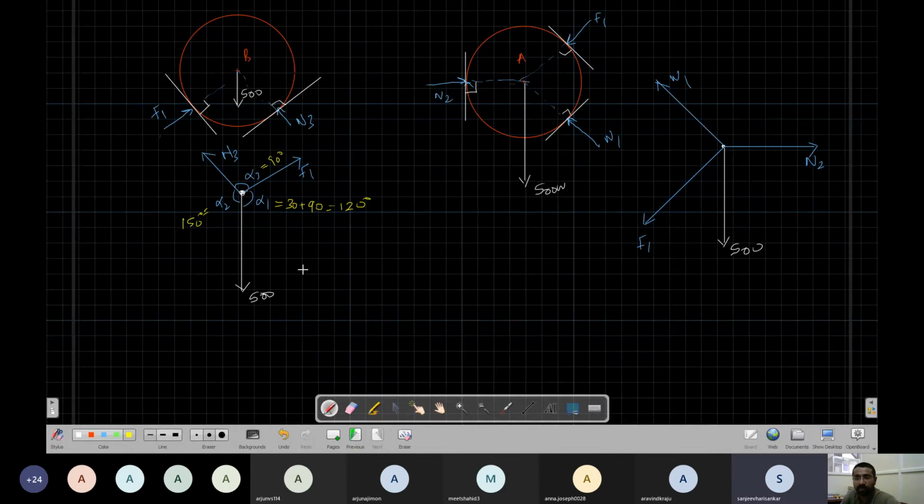So now can you tell me F1 and N1? Please find the value of F1 and N1. So use Lami's theorem. So this is three forces. This is in equilibrium, and concurrent. So you can use Lami's theorem. Using Lami's theorem,